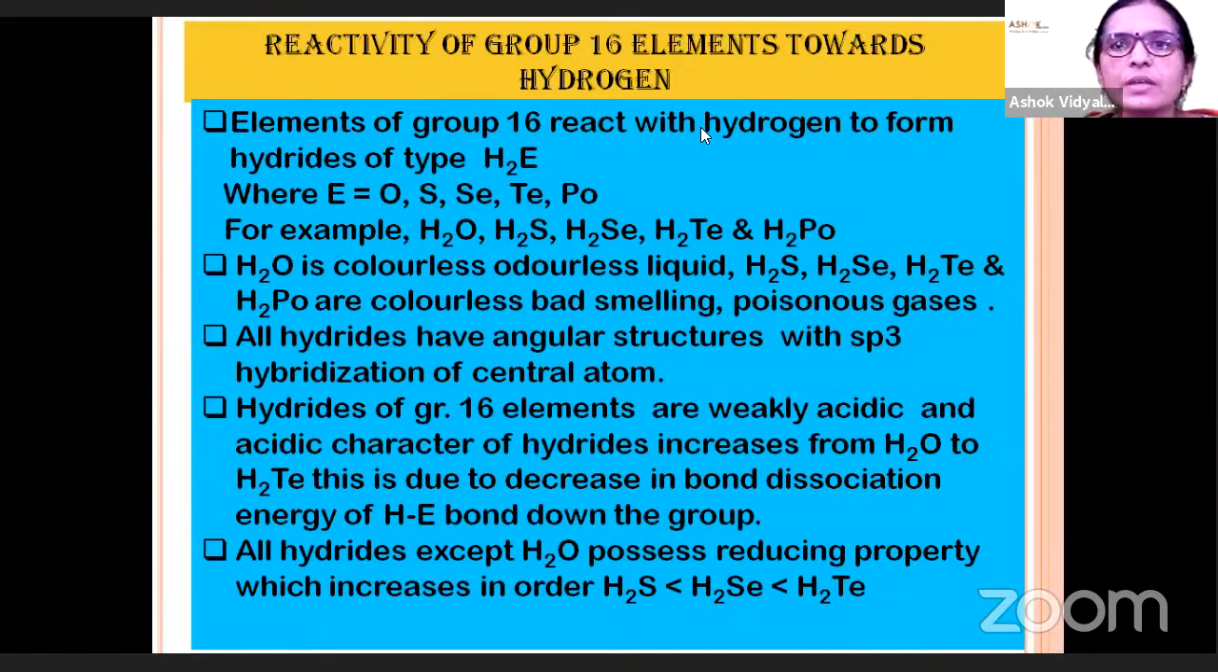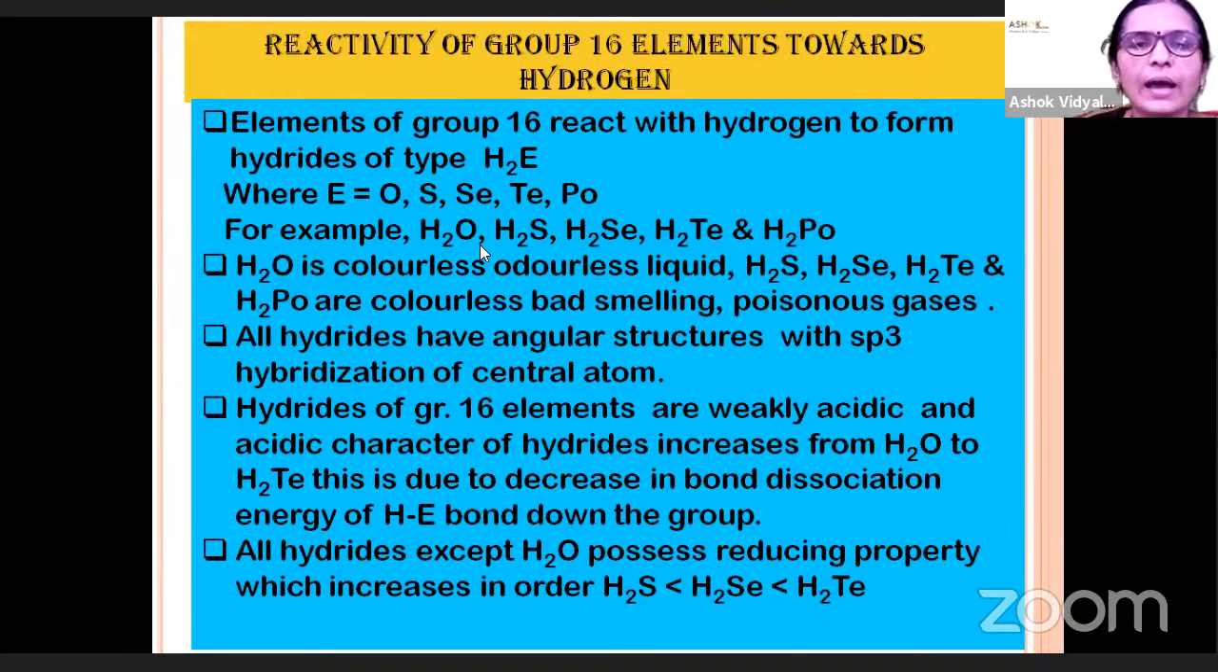Reactivity of group 16 elements towards hydrogen. Elements of group 16, this is known as the oxygen family. They react with hydrogen to form their hydrides of the type H2E. Here E is a member of group 16, that is oxygen, sulfur, selenium, tellurium and polonium, and they